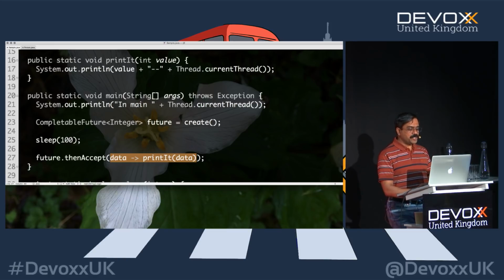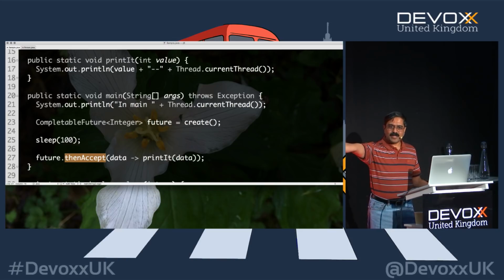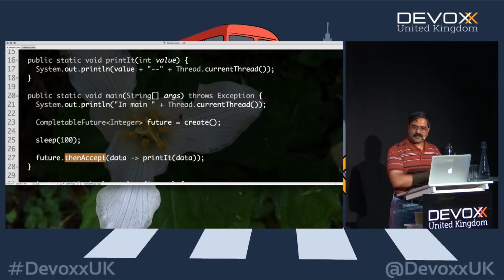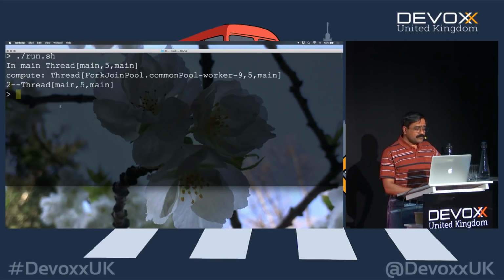So this execution is going to be in the main thread because the data is ready and available by the time you call this method. In other words, when you call thenAccept, the main says, hey, look, the data is already available. I don't have to switch to another thread. I might as well execute this in the main thread. Is that really true? Let's find out right here. So when I run this code, the main prints main, the compute prints the thread in which it ran, which is in the common pool thread. But did you notice the print actually is in the main thread?